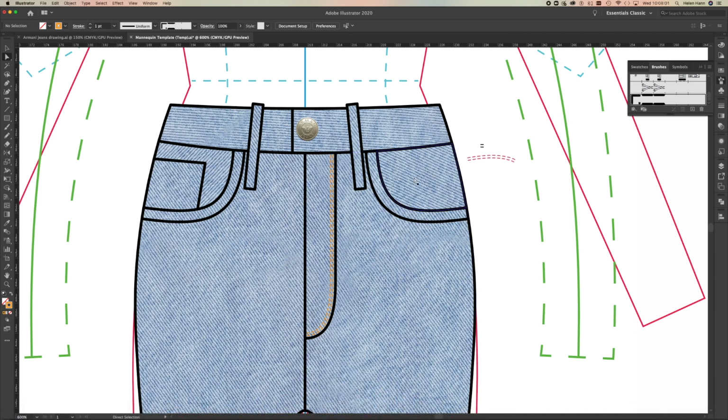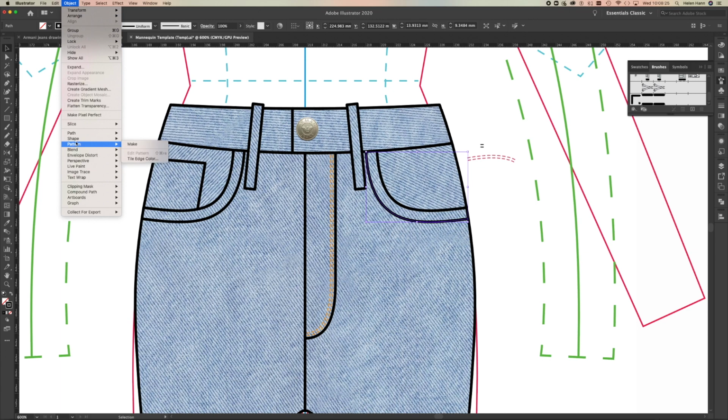Okay, and I'm going to do the same. I think I'll use this line. So I need to make sure that the whole line is selected, so I'm going to use the selection tool,